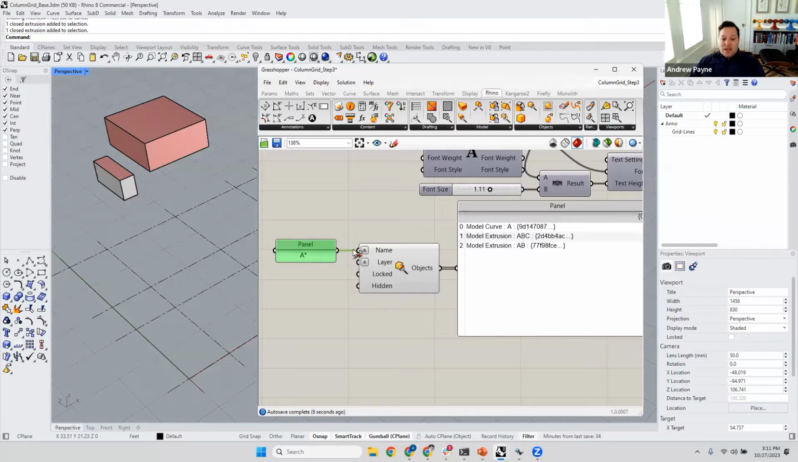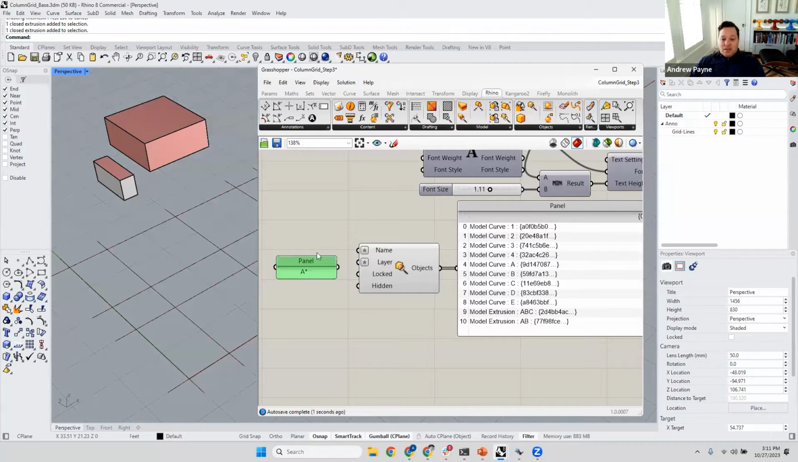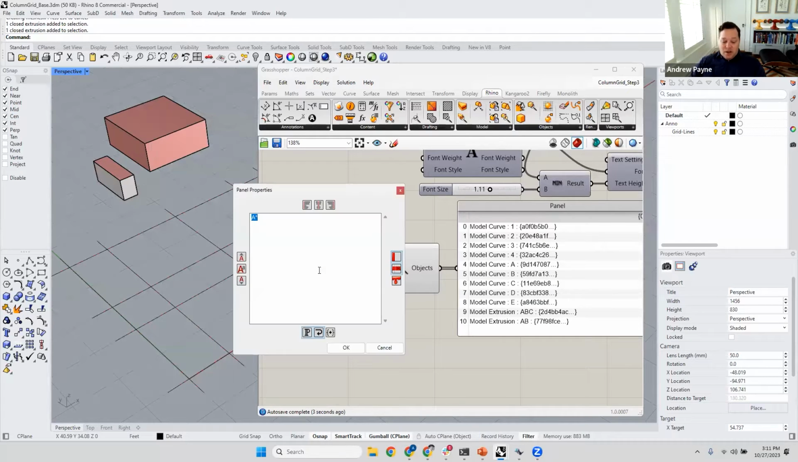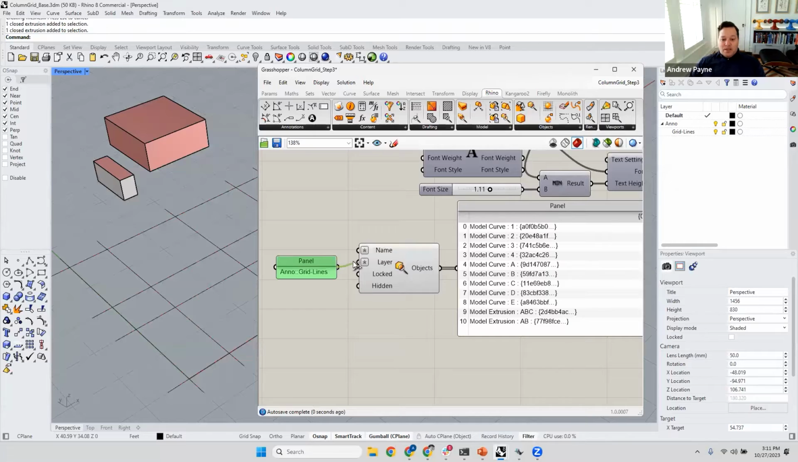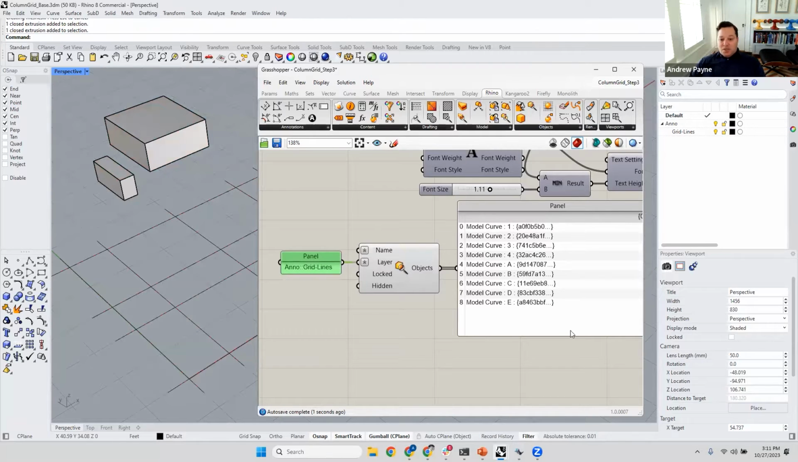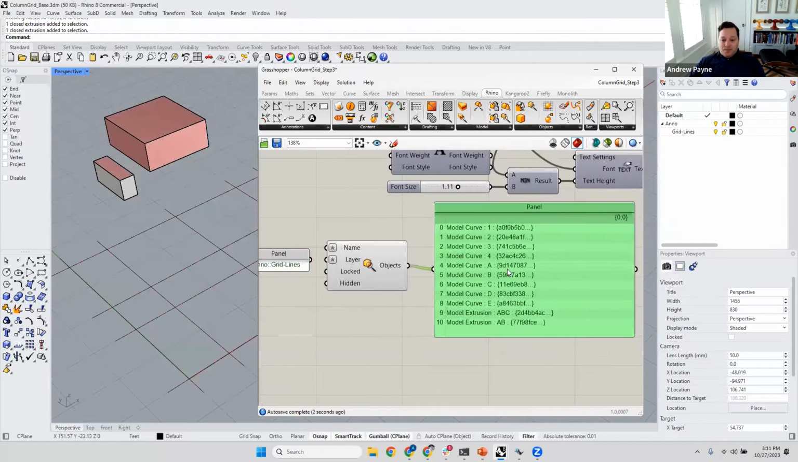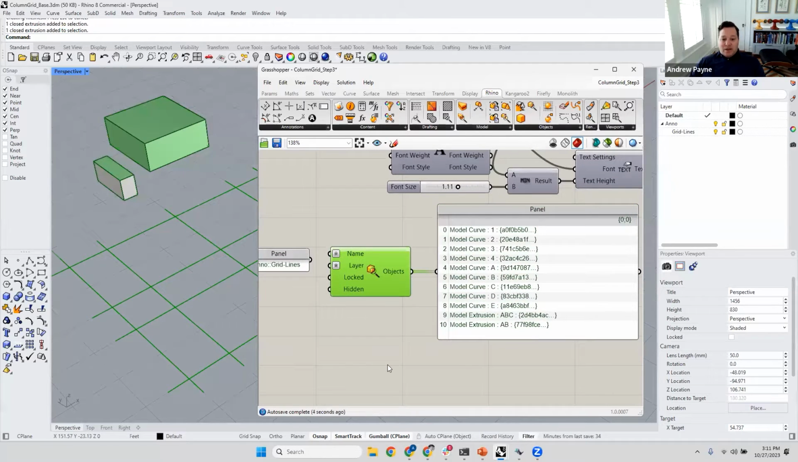In this case, what I'm really interested in is the stuff that's on Anno grid lines. So everybody should create a text panel and assign that to the layer called Anno grid lines, because all we really want to be returned are the curves that we created on this layer. So this is essentially letting me control that. Actually, before I do that, I'm going to go back and just take this out. Now,